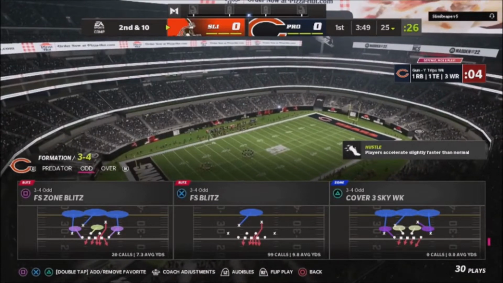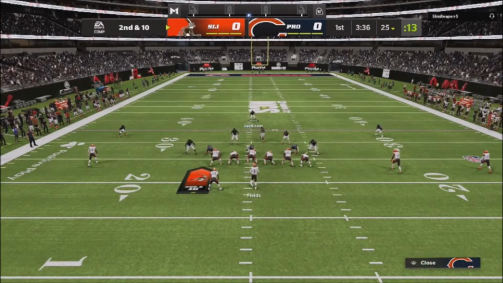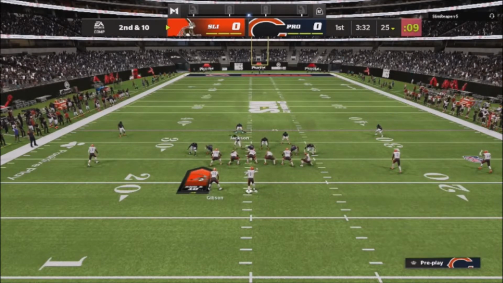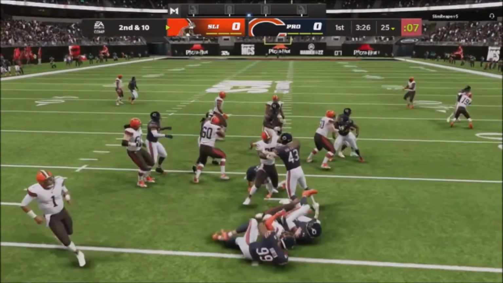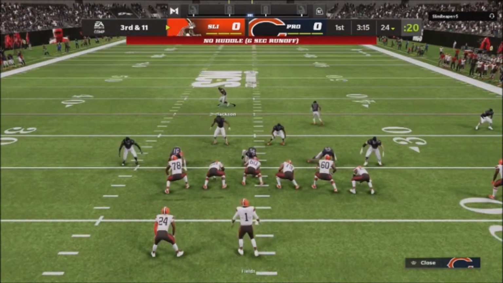zone cover 3. I didn't set this up correctly because I was running out of time. So when I'm still trying to set my defense up, I'll just jump into a cover 4. That way I know I'm not going to give anything over the top, and I'm just going to give my opponents the same looks. I know I'm going to have really good run fits like this. So that's why I have that cover 4 as one of those base defensive shells,